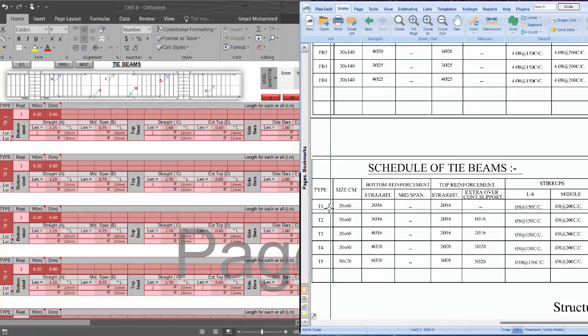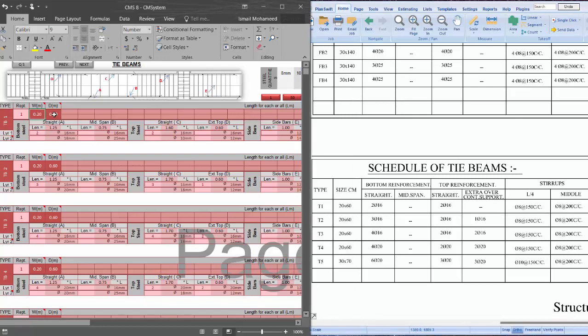all the types of tie beam, 1, 2, 3, 4, 5, the dimension or the size of the tie beam, 20 by 60, 20 by 60, 30 by 70. Okay, and also the reinforcement, which is bottom reinforcement and top reinforcement, and the reinforcement of the stirrup. The details are already explained in how to make detailed quantity surveying for tie beams by CMS. You can watch it. So what we need to do now, after inserting the